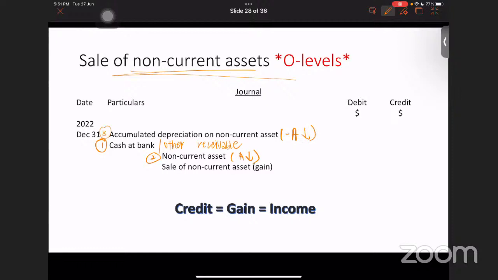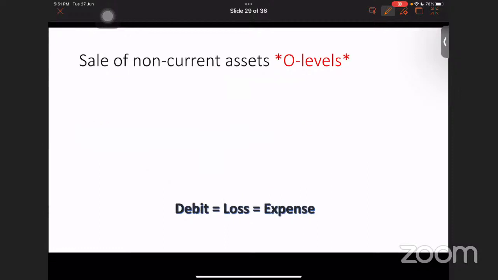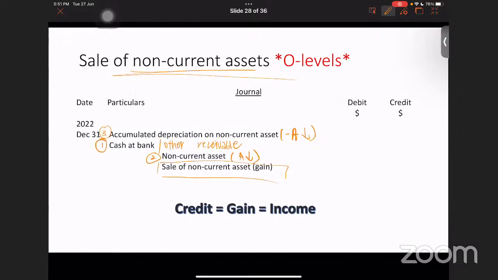So first, I record the money coming in. Second, I record the NCA that is being sold, so I minus it. And I also need to minus the acute D of the NCA that I'm selling. After these steps are done, my next step will be this sale of NCA. So this one I put DR or CR, it depends. In this situation, we are crediting this. So you have to see the number. If your debit side is more than your credit side, to balance the journal,